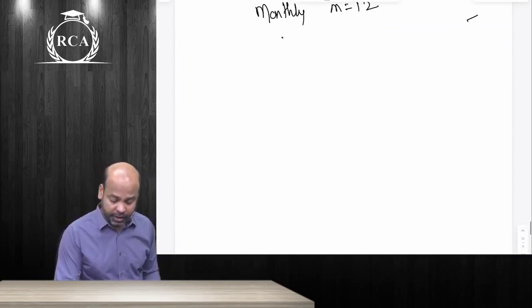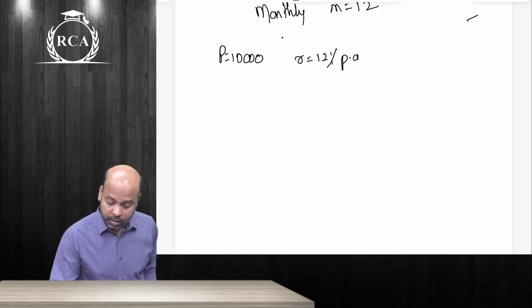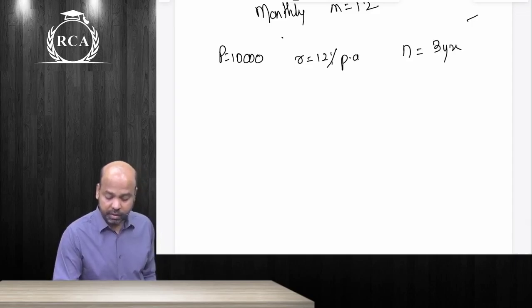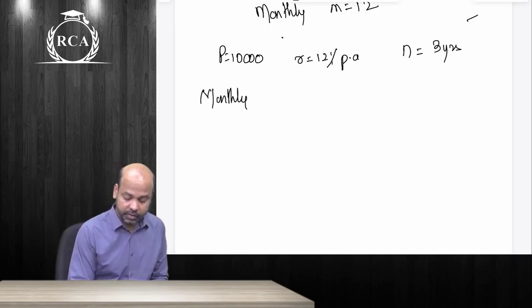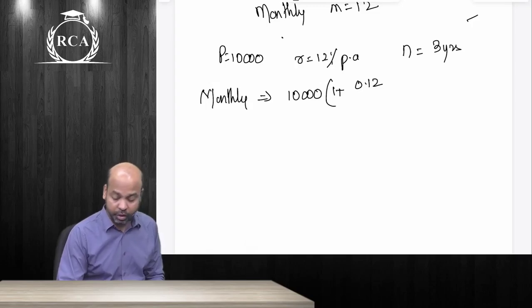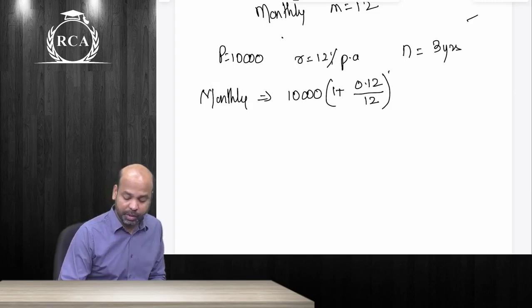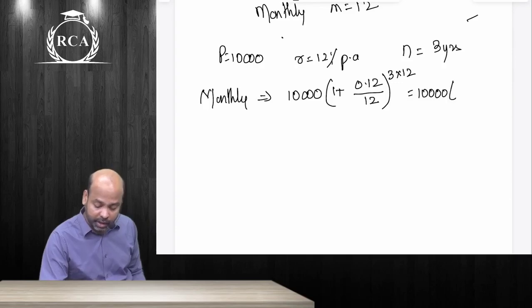Now, if the principal amount is 10,000, guys, rate of interest is 12% per annum, and the total time period is 3 years. If you were to compound it on a monthly basis, how are we going to write this? 10,000 multiplied by 1 plus 12% is for the year. We are going to divide this by how many? 12 conversion periods in a year. Whole power beta 3 into 12. Without using the formula also beta, you can directly write that it is 10,000 into 1.01 whole power 36.